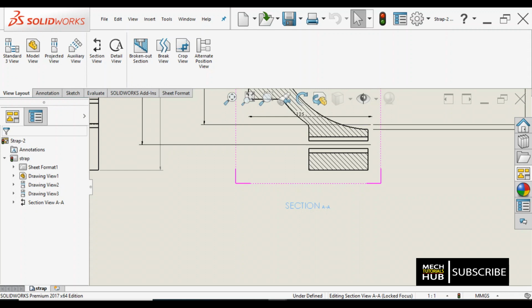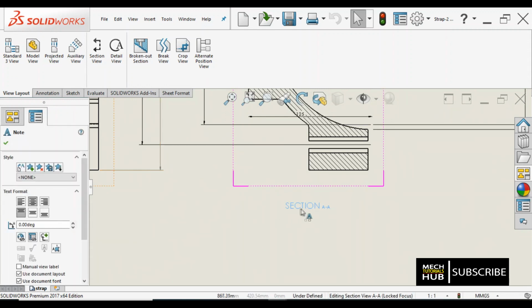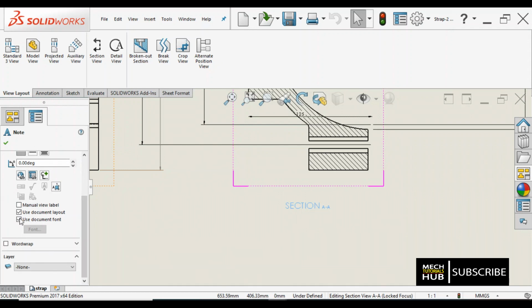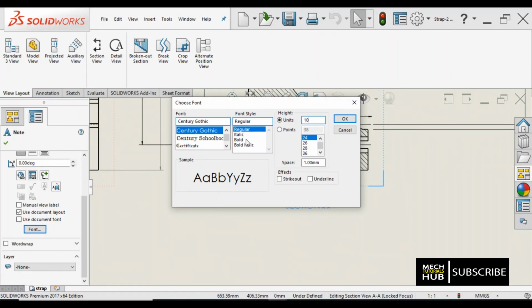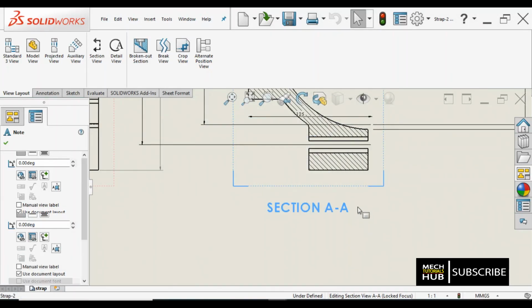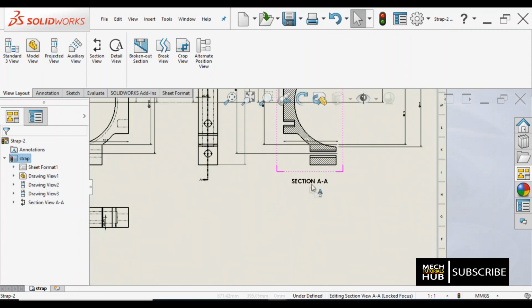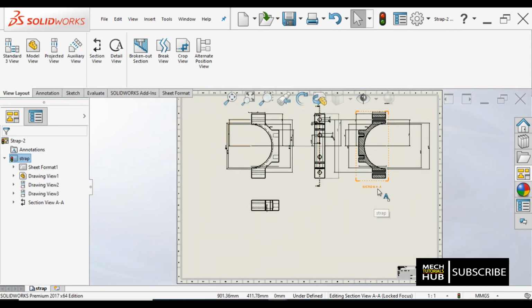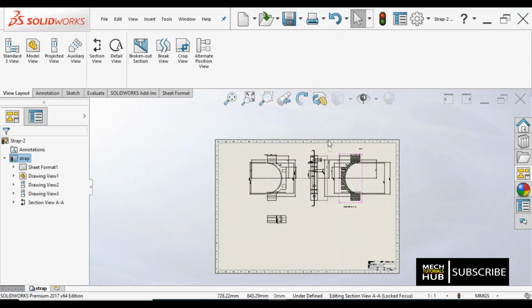Other than this, you can click on this particular section AA, and this particular size can also be changed by using document font, and I would like to change it to maybe 10 bold. So it all depends on the requirement. It was actually not visible properly when I fit it to the screen. Now it is somewhat visible. Before it was not visible. I have increased the size of the font, and I made it bold also.